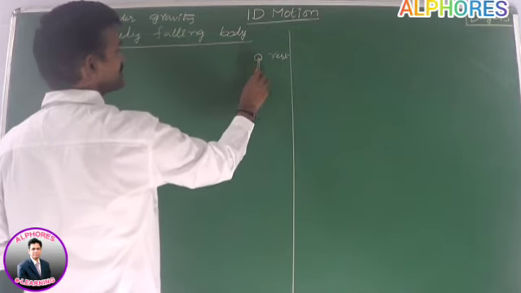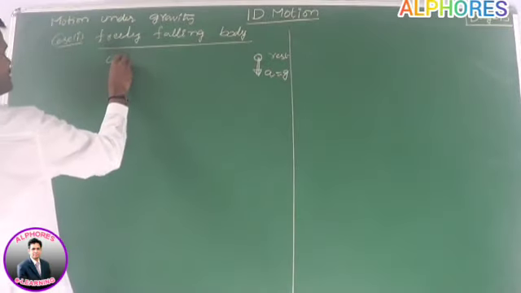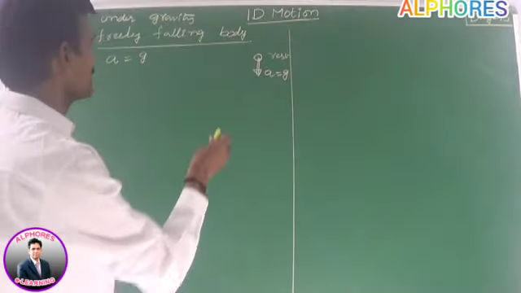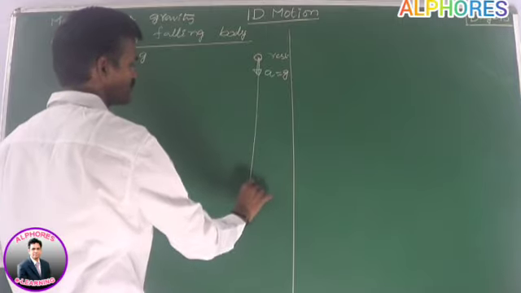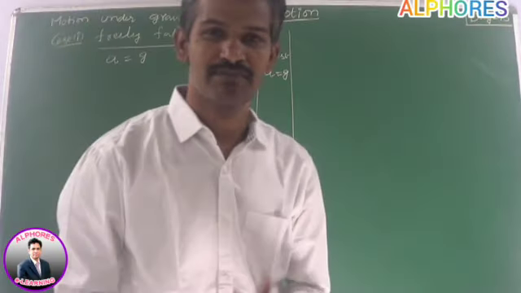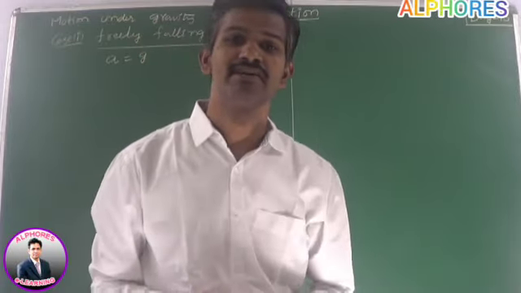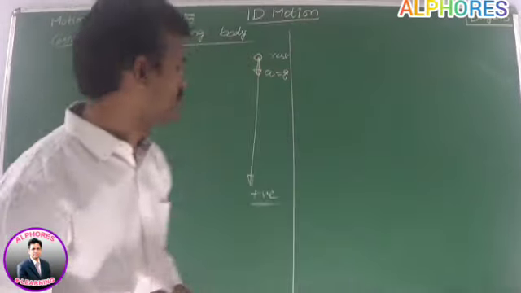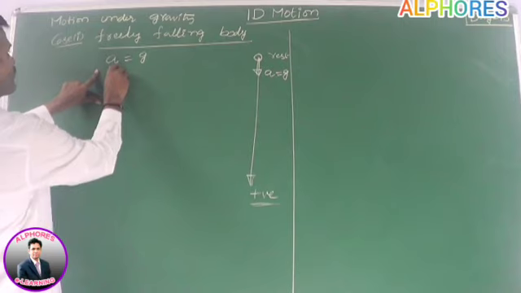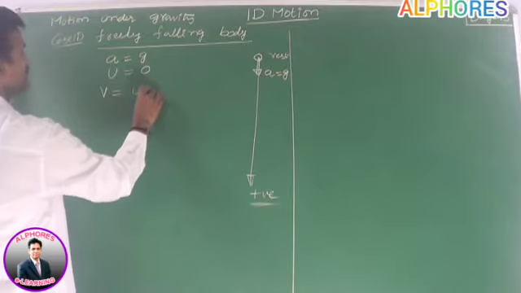As the body is released, it experiences an acceleration. That acceleration is called acceleration due to gravity. Here acceleration is g. As the body moves downwards, I am selecting this downward direction as my positive direction. There is freedom to select the positive and negative axis. At present the body is going downwards, so I am selecting downward as positive. So by taking this as positive, this acceleration will be positive, and the initial velocity of the body is 0. So we can write v is equal to u plus at.